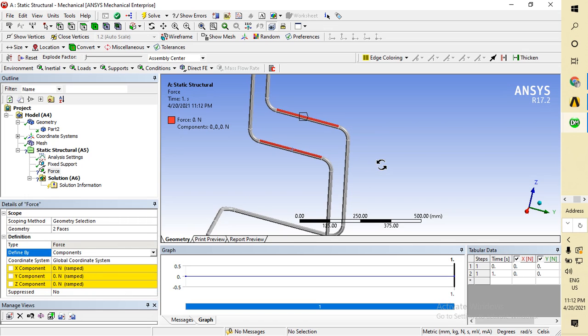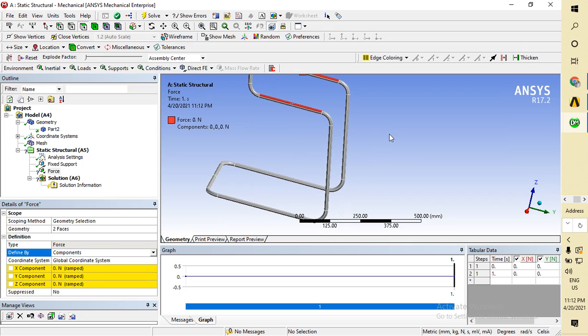As I already told you guys, this is the z direction and the force is acting opposite to the z direction, so I will take it as minus 600. We are taking g, the acceleration due to gravity, as 10 meters per second square, so the weight of a 60 kg person becomes 600 Newton, and the other components are 0.